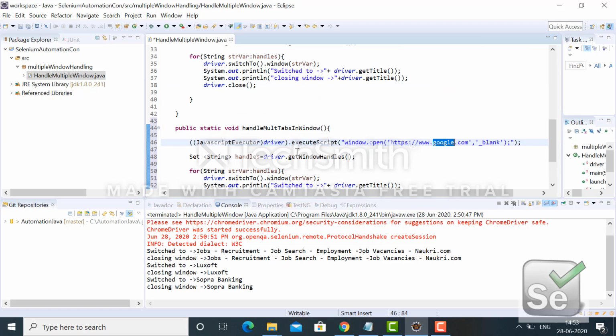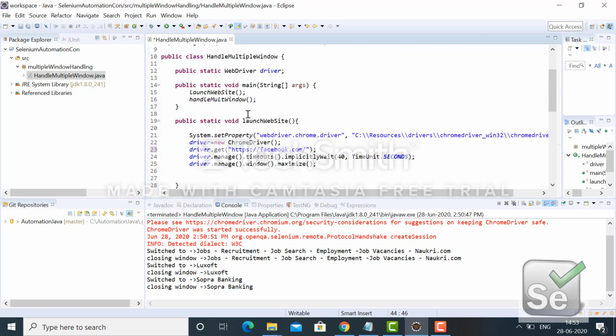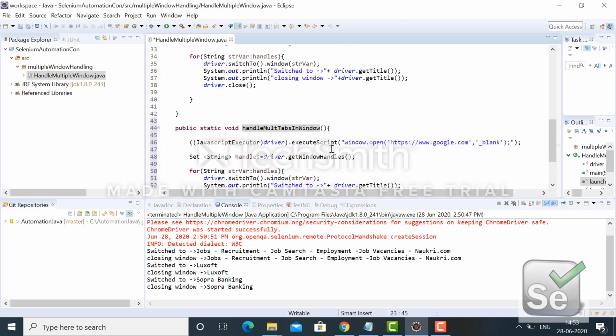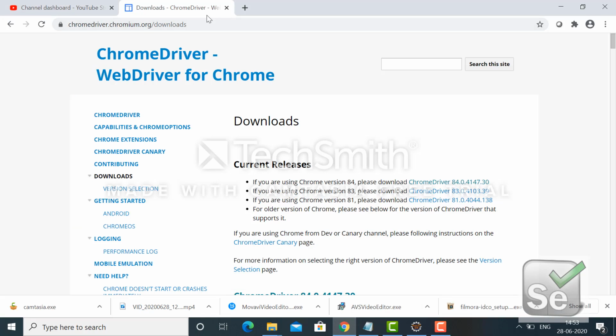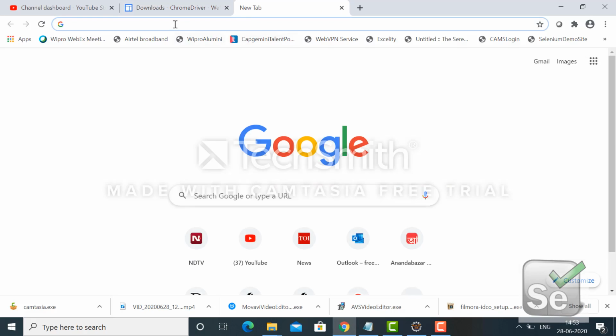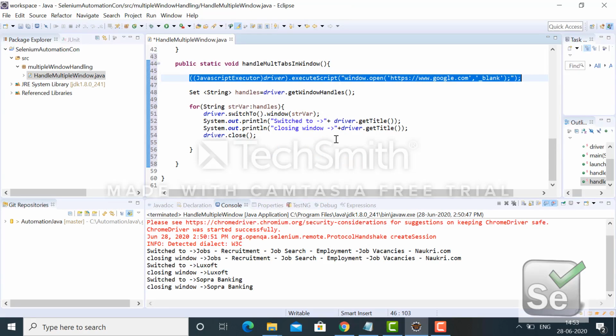In this function, using the launch website, I am launching facebook.com, and then using JavaScript executor it will create one tab. So since this site is already open, it will click on the plus sign and launch google.com over here. That way, two tabs will be open in one window.